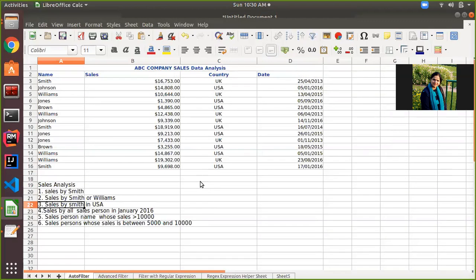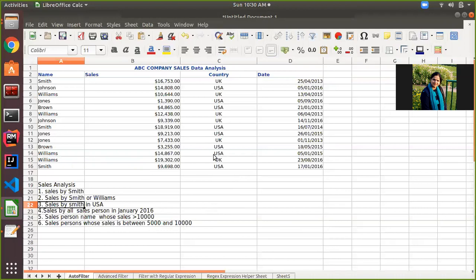And like that we have various conditions which we want to analyze in the sales data of the current sheet. So how we can do that in Excel, this you are going to learn today. Since this is a small sheet, you can easily manually analyze the data here.